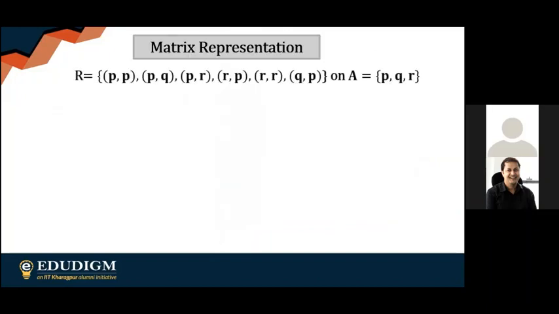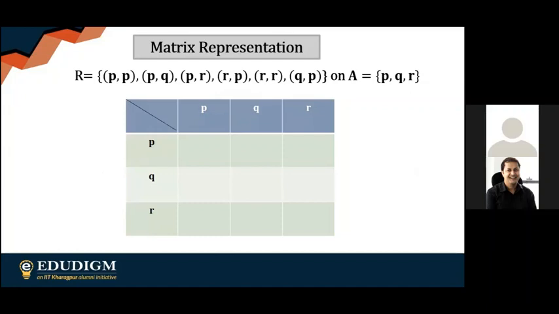So just like the previous relation that we talked about, reflexivity, I'm going to go ahead and show you the matrix representation in this case. I have taken the example that we have considered in the previous slide, and we are going to form the matrix on the basis of the presence of the particular ordered pair. If you remember what we have learned for a reflexive relation, we talked about the diagonal elements and we checked whether they were all one or not. But in this one, I'm going to talk to you about the off-diagonal elements. So for a symmetric relation, what you need to check is whether the ijth position and jith position have the same entry or not.